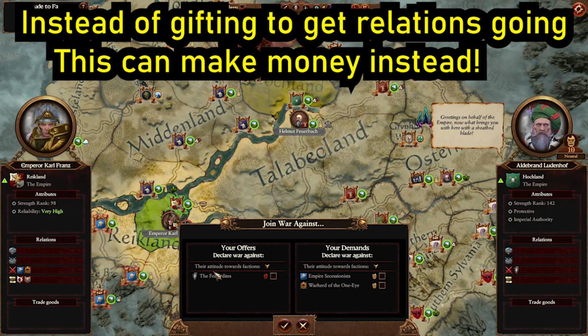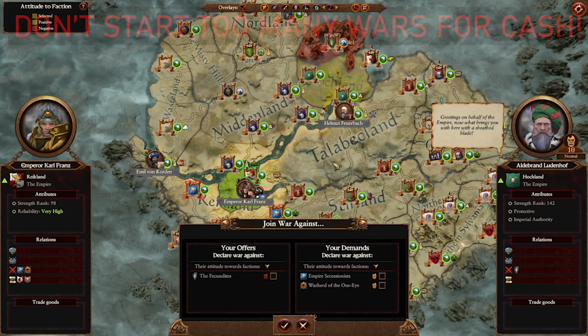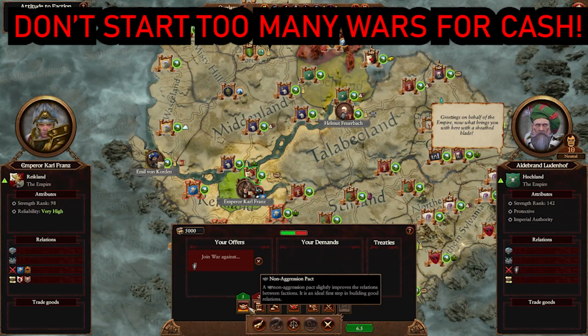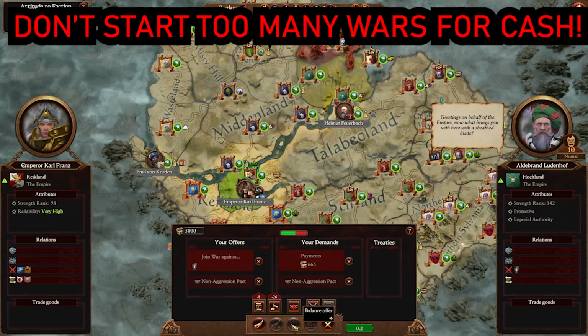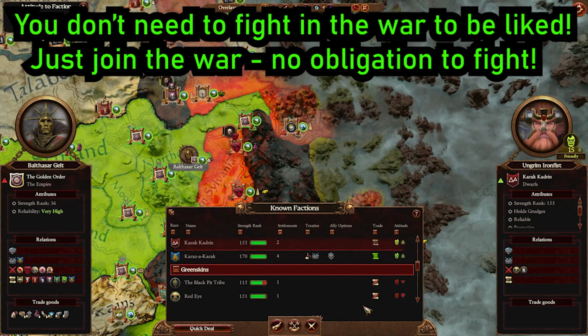But here's the other thing, you can also join a war to someone you haven't even met yet. Here we have Hochland, they're a decent distance away, and they have these Chaos Warriors here, which we'll get to eventually. But what we'll do is if we join this war, we can now get a non-aggression pact and make a bit of money off this. You will gain a massive increase in relations for conducting battles against enemies of your enemies, but even just merely joining the war will be enough,